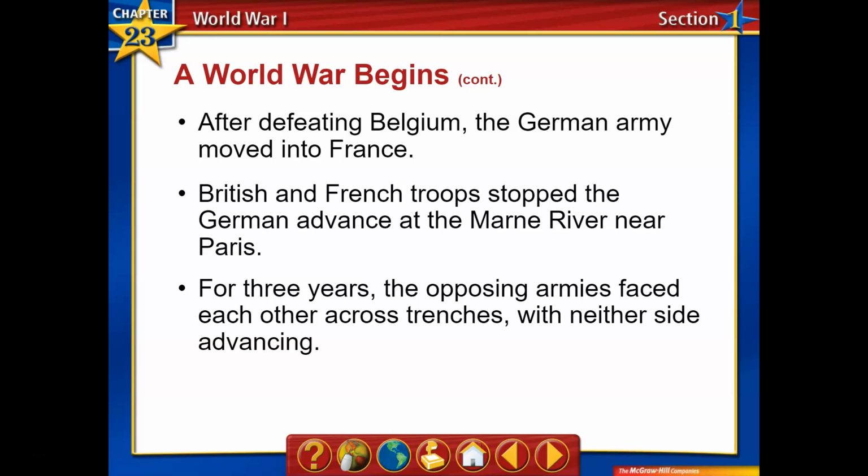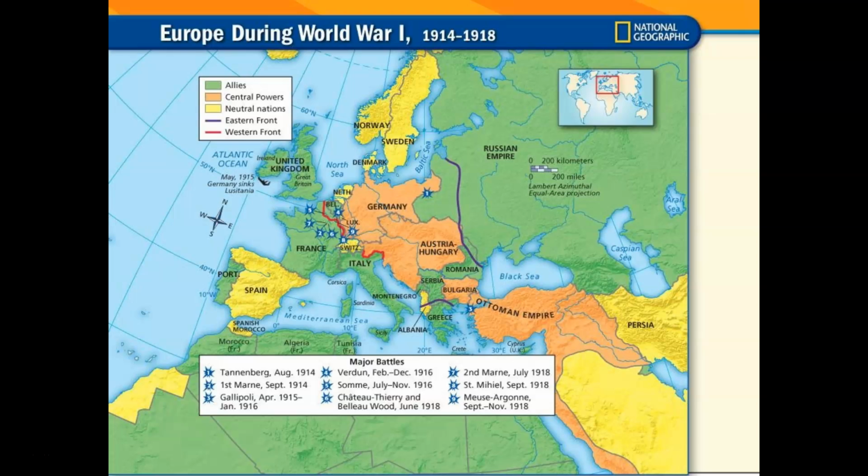One of the highlights and most important aspects of World War I is trench warfare. We're going to talk about that more in depth. Really, neither side was advancing, and so this ends up being a war with a lot of casualties, partially because of the way it's fought and the conditions people are fighting in, but also a lot of stalemates because of the strategy, because of the trench warfare.